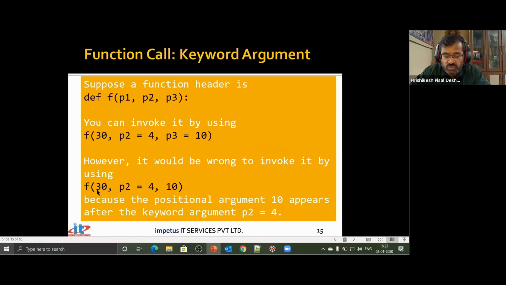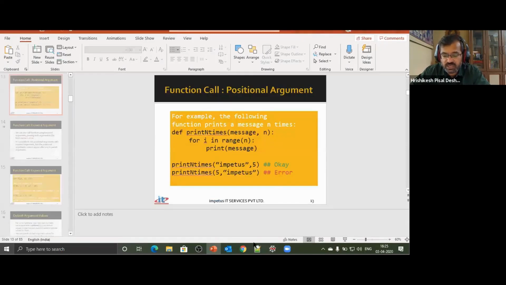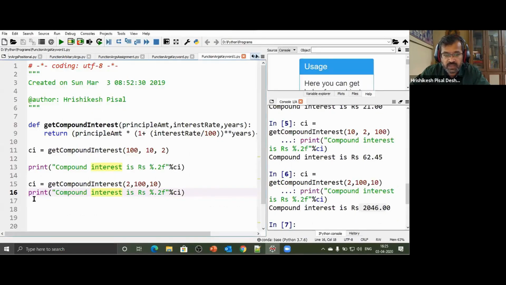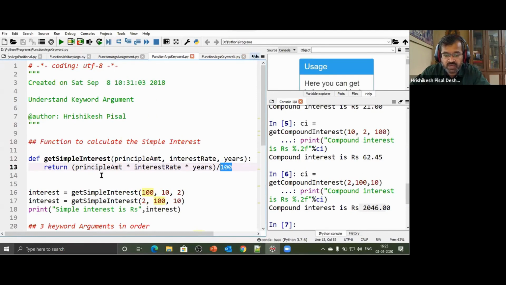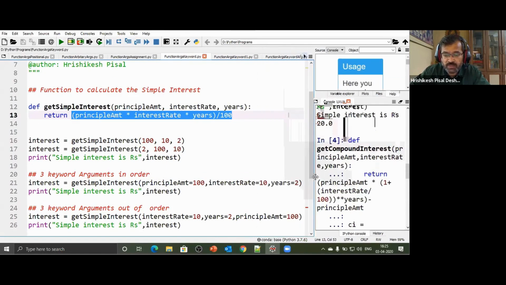Now, if I pass the positional argument 30, that gets assigned to P1, and then I take P2, that's assigned to this. Then again, if I use a positional argument, that will generate an error. Okay, so let's take an example that will demonstrate how this can actually work. If I go to the last example, wherein we are calculating simple interest, here and here we've got the same result, because the formula was such that it doesn't really matter in what order we are passing. But still, if I had to use keyword arguments, how would I pass? I would say get simple interest, principal amount is equal to 100, interest rate is equal to 10, years